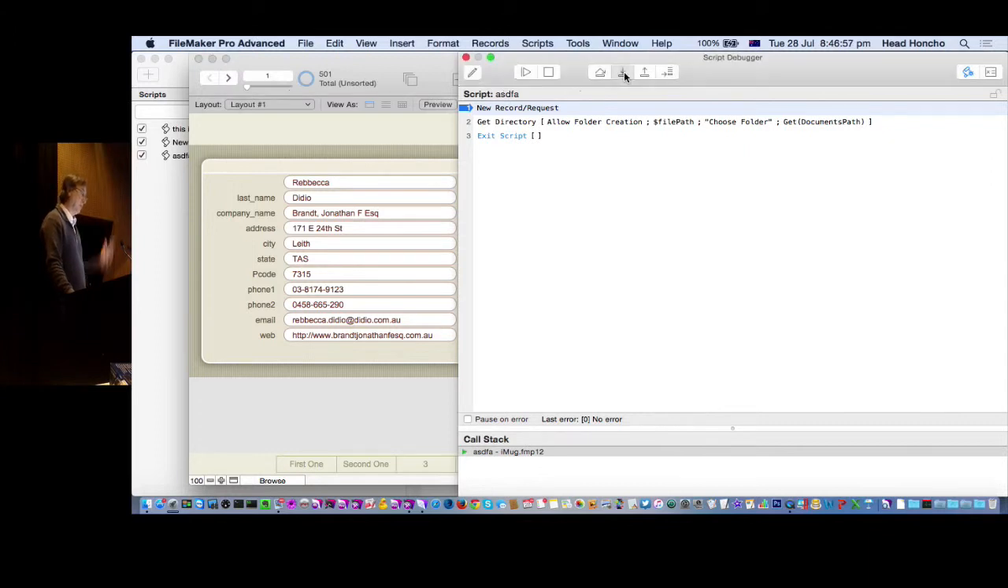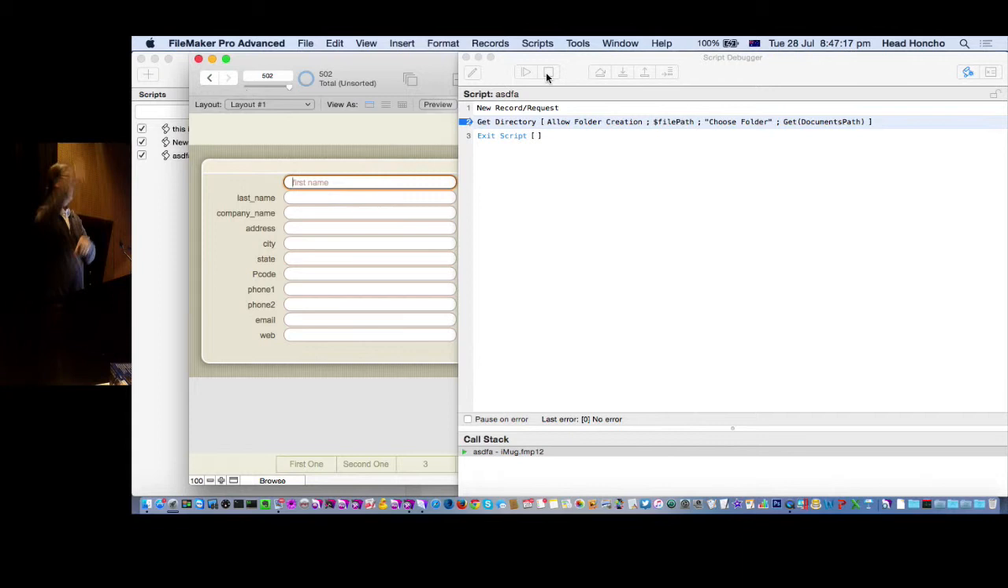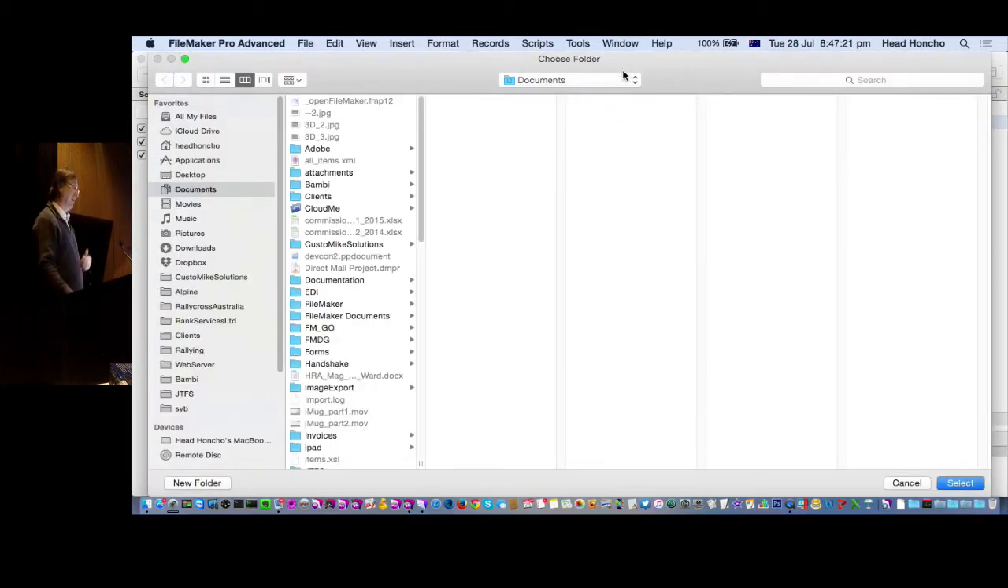Okay, we'll do a new record request, that's fine. So when I create a new record, it's gone into the first field, which has triggered the on object enter, which has shown my dialog box. So that's why you turn off that script debugging thing. And now I'm going to do my get directory. So up it's popped. I've got my choose folder. I've got my new folder button, and I'm in the documents path. Okay, so I want to choose that one. I go select,